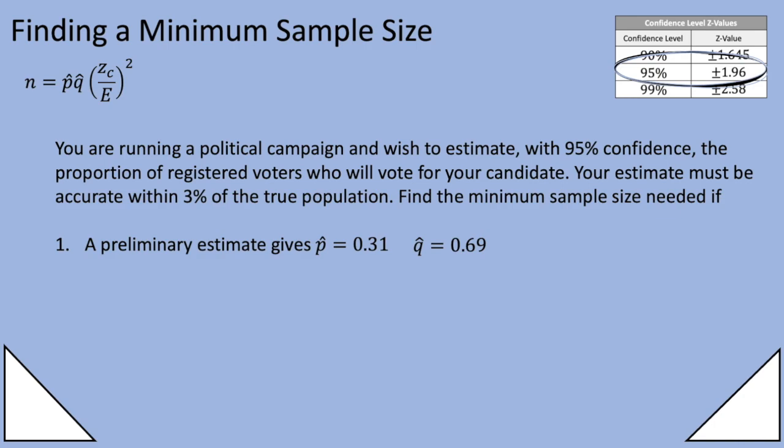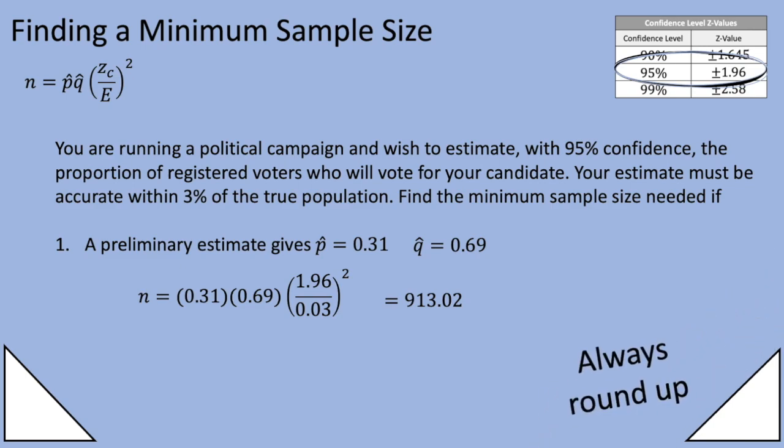We're doing a 95% confidence interval, so that's 1.96. So we plug all that into the formula. 0.31 times 0.69 times 1.96 over 0.03, that's 3% of the true population, squared. Whew! Thank goodness for calculators, and we get 913.02. Remember, when we're finding minimum sample sizes, we always round up. So we need at least